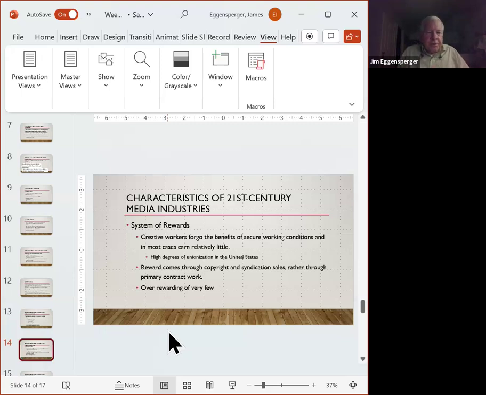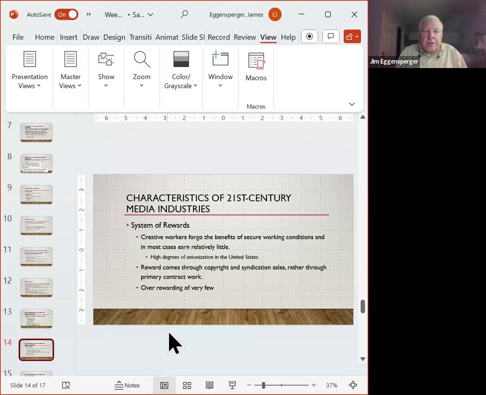So being part of the creative process to me is exciting. It's interesting, but it also has a lot of downside. I know a lot of writers who are doing a lot of different things, including bartending and Ubering, until they hit it big. The rewards for media industry people come in copyright and syndication sales